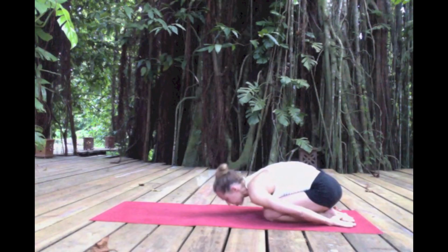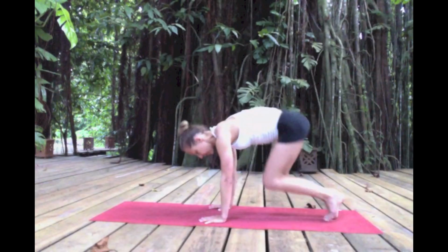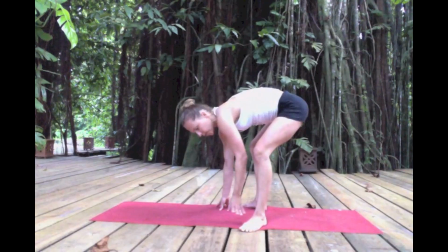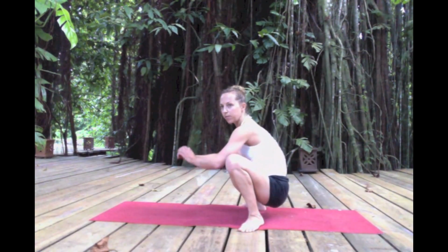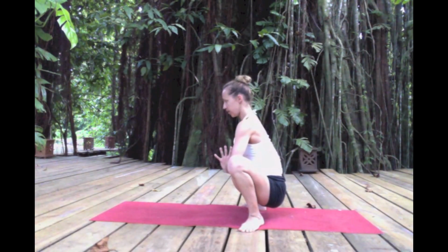Beautiful. And then slowly coming up. Now come onto your toes and have a nice wide stance, as wide as your mat is. Take the toes out to the side. We come into a squat. So you drop the tailbone down, lift the chest up, press the hands into the inner legs, and then just